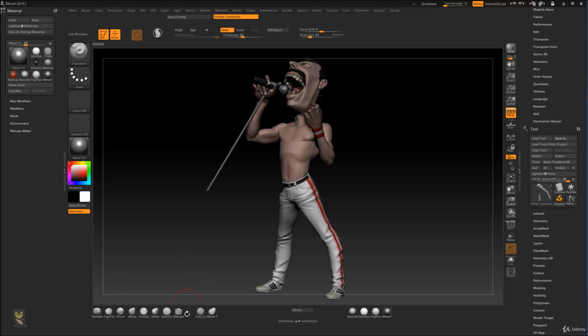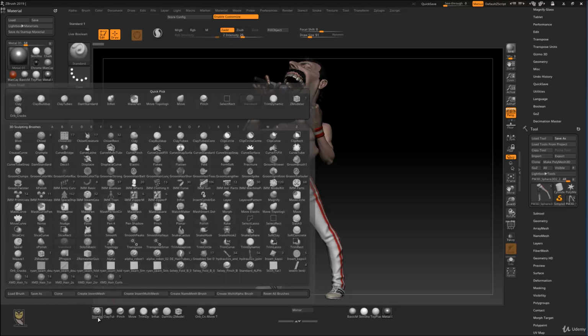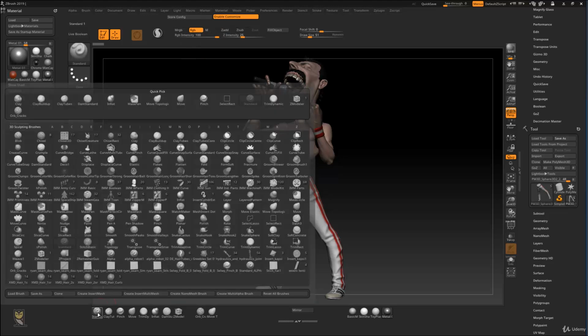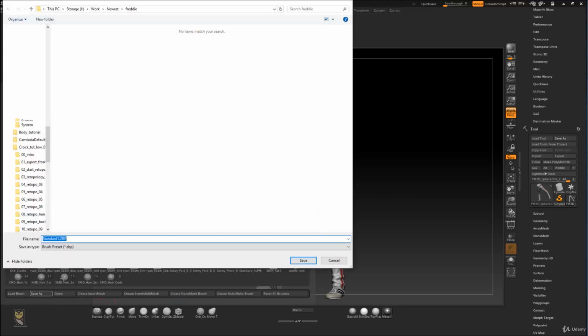We can make one more brush here, which will be alpha brush. But how to make it? Alpha brush will be the standard brush, but we save it as alpha brush in order to have it right on with the RGB mode on and Z out off, you know. But we can use standard brush for this, so it's not exactly a big issue. If we click here, we can, for example, turn on RGB for standard brush and save as alpha,